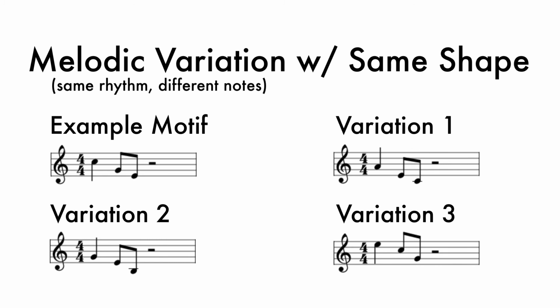For exercise number 1, we're going to practice melodic variation with the same shape. So we're keeping the same rhythm, which is the quarter note followed by two eighth notes, and the same shape, which is 3 notes jumping down, but we're changing what notes those are by moving them higher or lower. Usually we'll choose notes that we know are in the scale that corresponds to the chord or chords we're playing over. In this case, since I'm playing over C major 6, I will mostly choose notes from the C major scale, aka C Ionian. So for example, from our original motif we could change it to